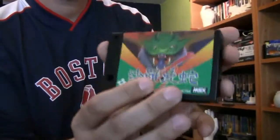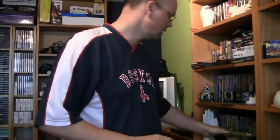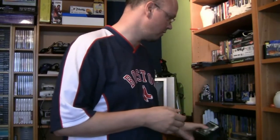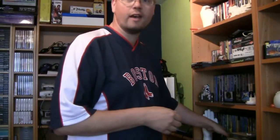So yeah, 4 Konami cards. And I actually spent the majority of my money on these 4 games, which was totally worth it in my opinion. Yeah, and that concludes my pickups from the Retrogame fair. I think I showed you guys all, but